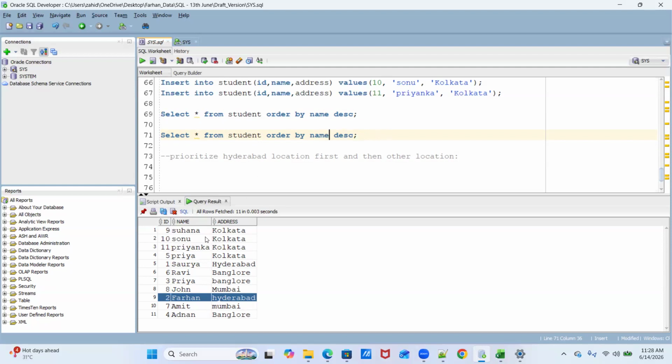So let's say I'm sorting based on the name column. Now I also want to sort based on the address column. So now the sorting will be done based on name plus address, on this combination.